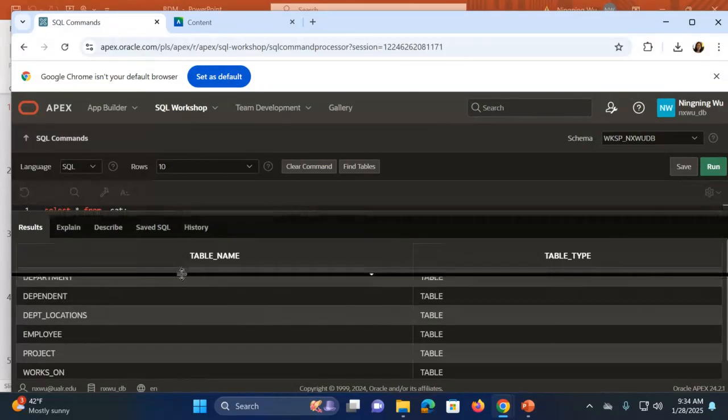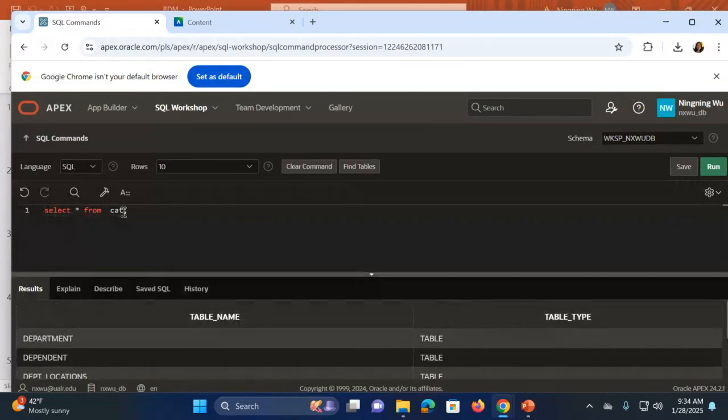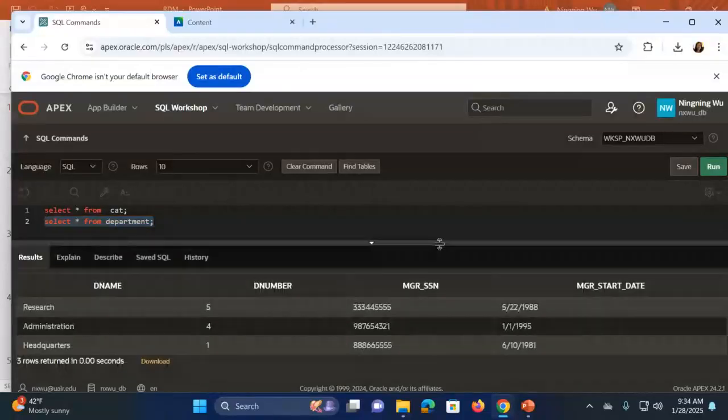Then you can do a similar thing, for example, select star from department. In Oracle SQL, the table name and attribute names are not case sensitive, okay? So whether you use capital D Department, uppercase DEPARTMENT, or lowercase department, they're going to treat it as the same thing. So if I highlight this command and run it, it simply lists the records